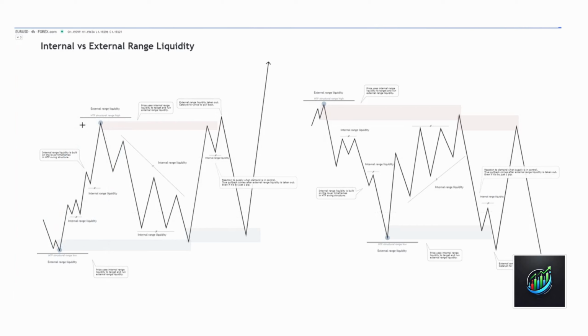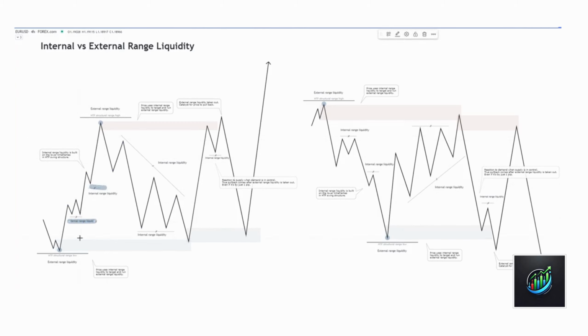and drop down to a lower time frame. So for example, if this was a 4-hour leg of structure and we drop down to the 15-minute to dig into the price action, what we would see on the 15-minute is much more clear internal range liquidity. And what internal range liquidity ends up being in a bullish swing structure would be equal lows, structural lows, and upward sloping trendline liquidity. And the basis of these points for value is there's a collection of orders resting here,